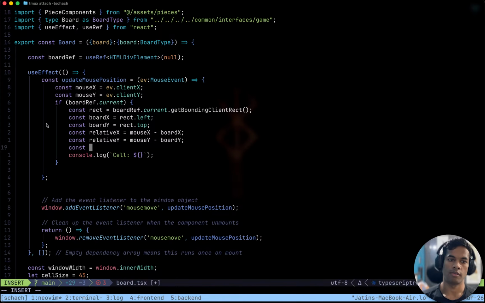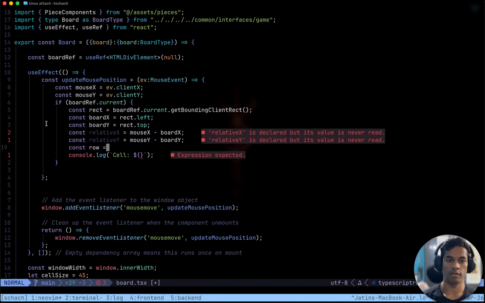Alright, let's say const row equals. I want to stop Copilot for a while. Copilot disable. Okay.